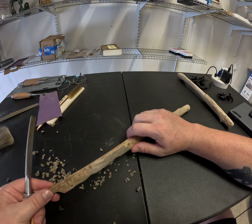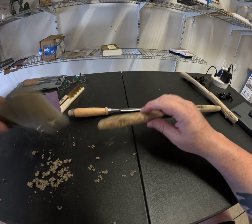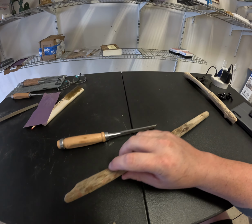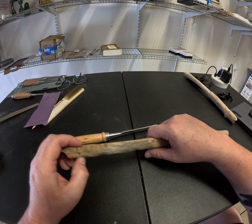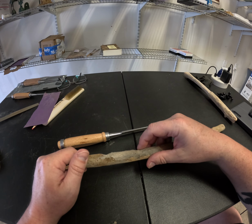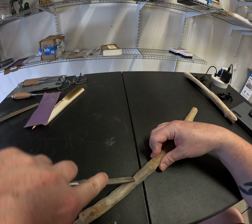Now I'm debating here on the top, because these harder edges on the top will come down a bit from sanding, but I don't think it's going to replicate skin enough for me to really want to keep it, but we'll see. Here I need to